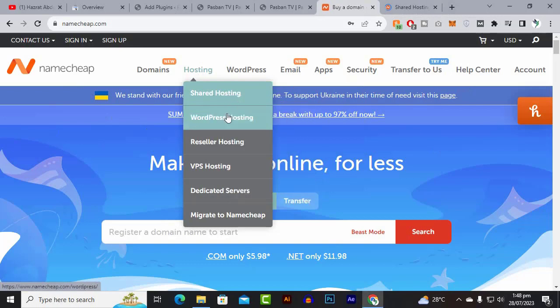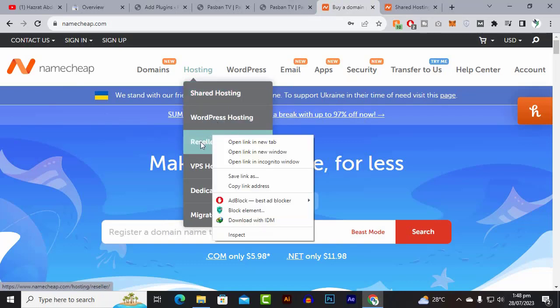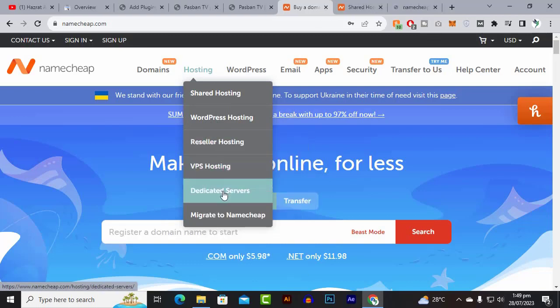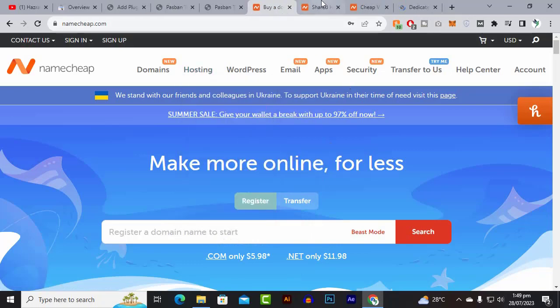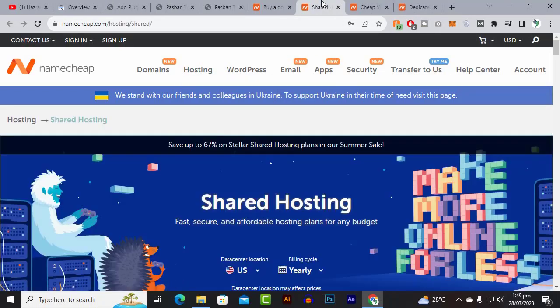The other types are WordPress hosting, which is specific to WordPress, and we will not discuss this, it's irrelevant. Then we have VPS hosting and dedicated server. These three types of hosting are actually important, and they will provide you different response times. So what is shared hosting? Shared hosting is just like an apartment in a plaza or in a building,